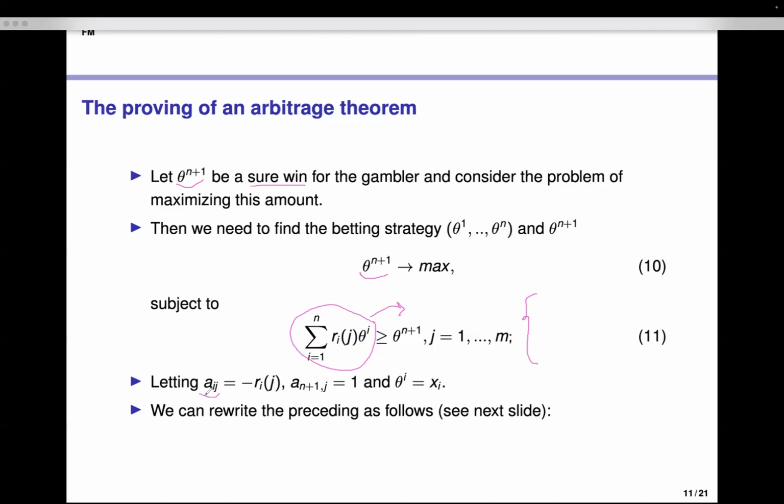This with minus we denote just as a_eg, and theta is x_e. So it will be a11 x1